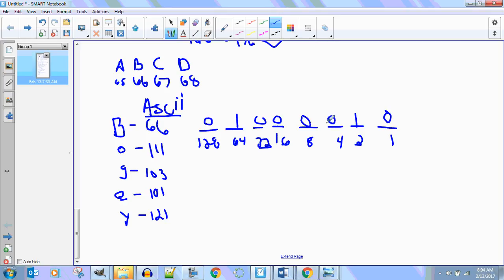Who understands what I just did? The letter goes into ASCII value. The ASCII value then gets converted to binary. So a B is not a B at all. What is it? It's a 66. Okay? Are you getting me on that? Mind-blowing. This is why I told you to write this down. 1, 2, 3, 4, 5, 6, 7, 8. What's a 111?